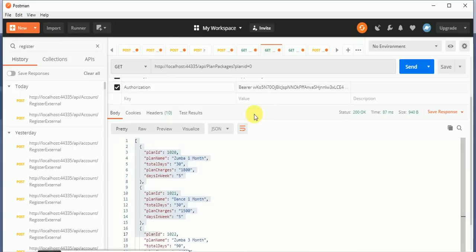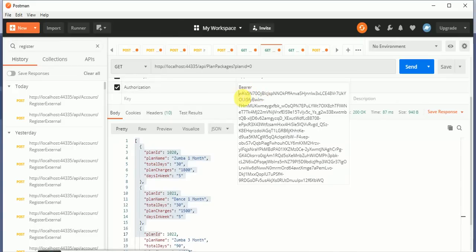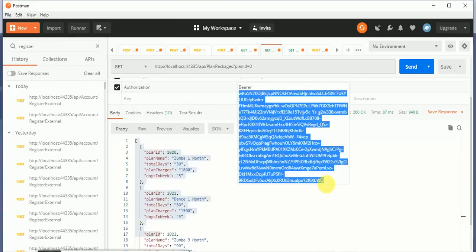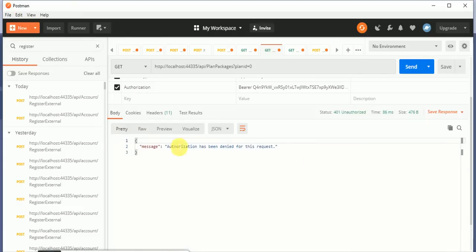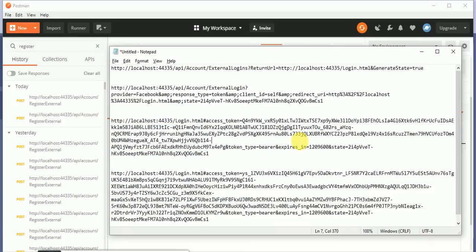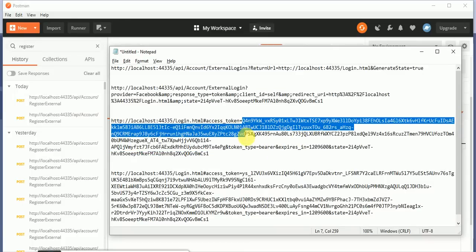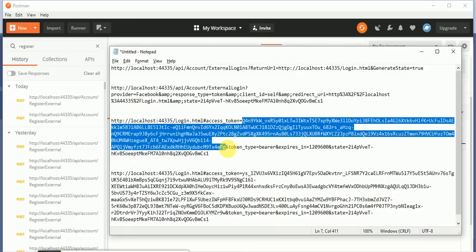Let me check it first. Here you can see authorization has been denied for this request because this is the token that has been generated by Facebook.